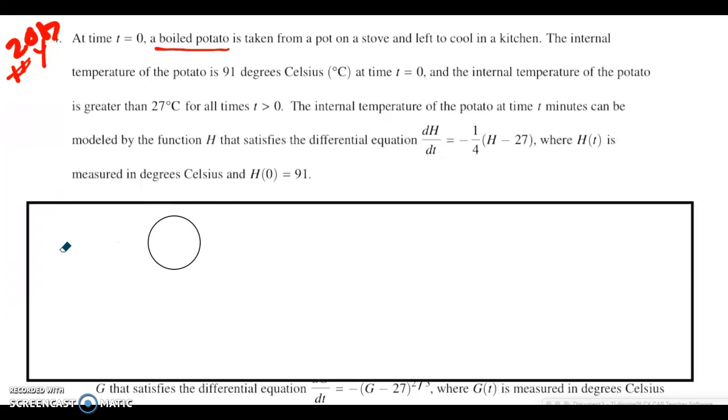Okay, hello everyone. We're here with the 2017 AP number 4. I'm going to take a quick peek at the question, and I see it up there. Once I see the words boiled potato, and it's on a pot, and it's either cooling or heating, I know I'm probably dealing with one of two types of problems. Either a piece kitty problem, or a piece